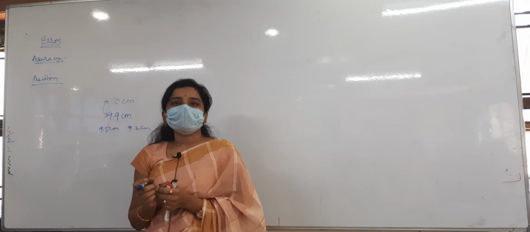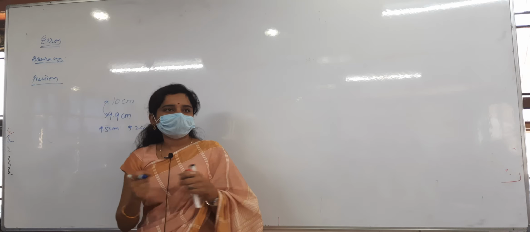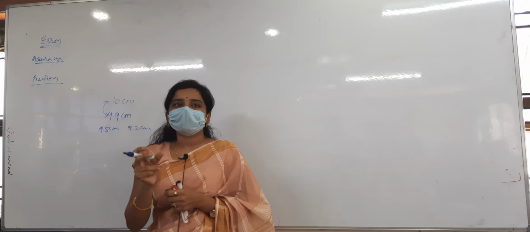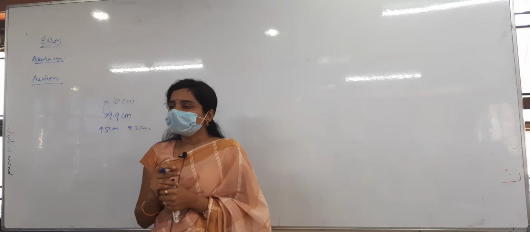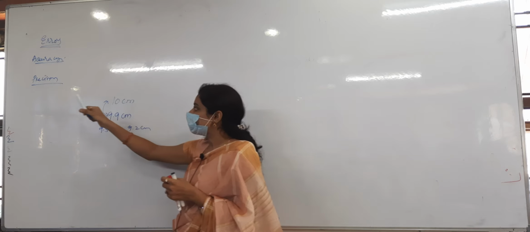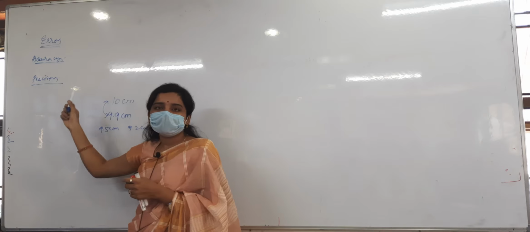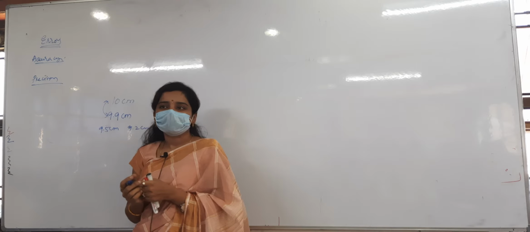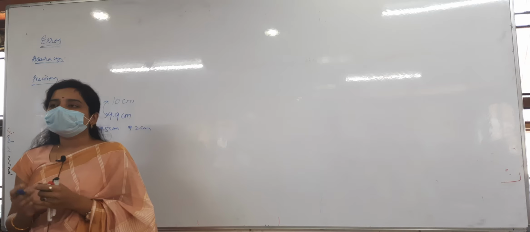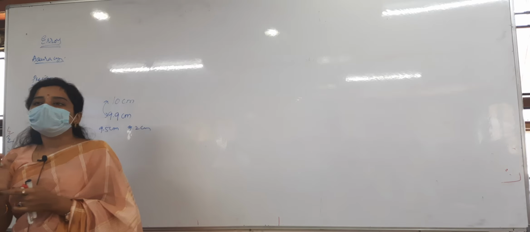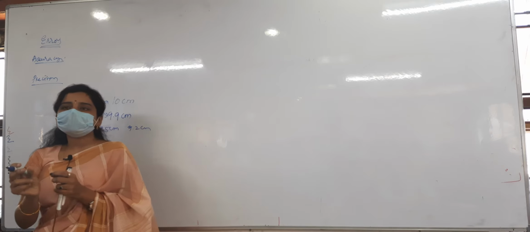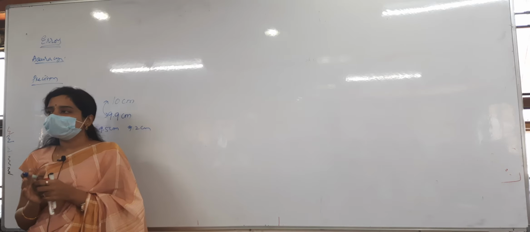For example, if I take a tailor's meter tape, millimeters will not be there. Centimeters will be there. The least number I can count in that is 1 centimeter. So that is the precision of that meter tape. In the same way, precision is the minimum number I can measure with whatever instrument I have taken. The least measurement I can make with the instrument is known as the precision. Accuracy is the closeness of the measured value to the true value.